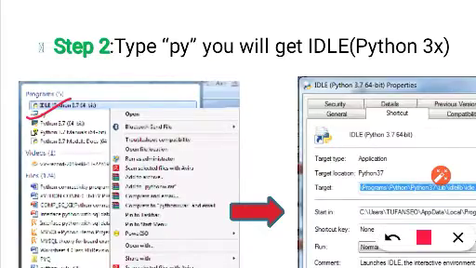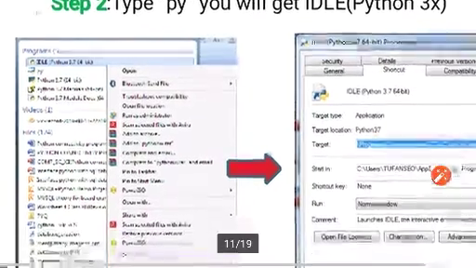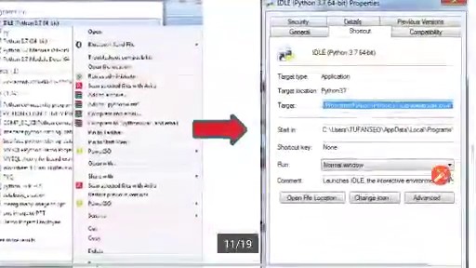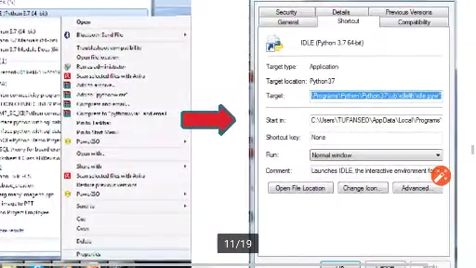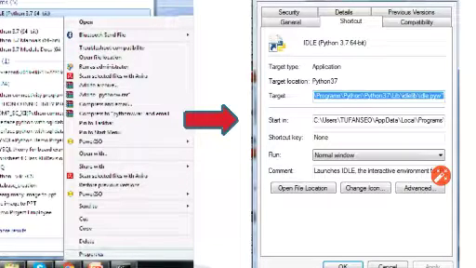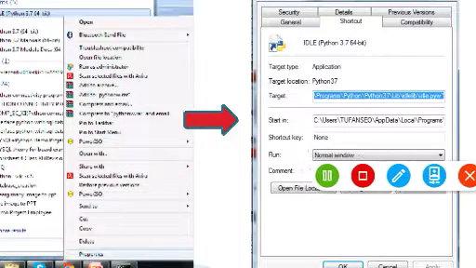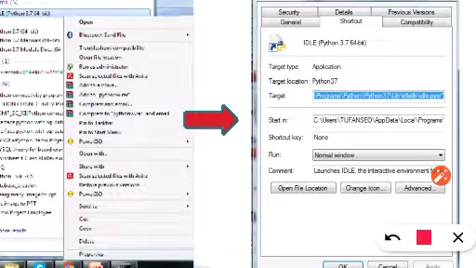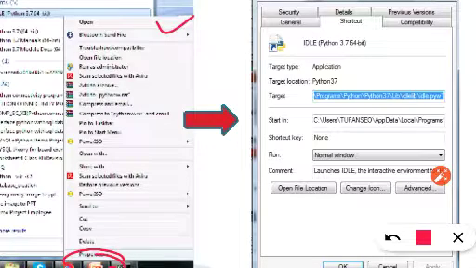Then I'm going to right click on that particular tab of IDLE, and I'll get this drop down menu, and at the end you will find properties. Just click on it.